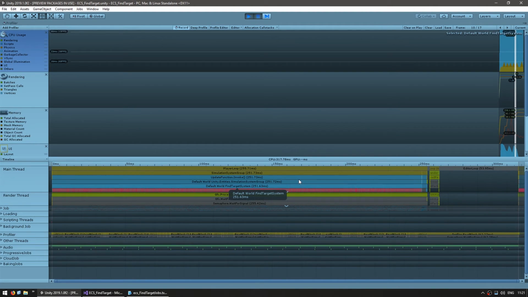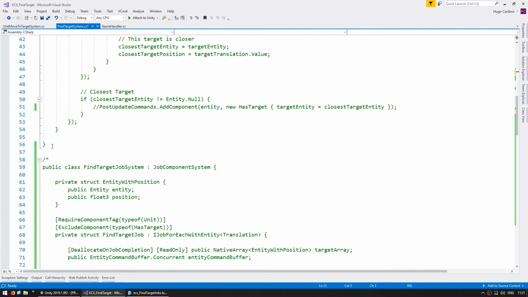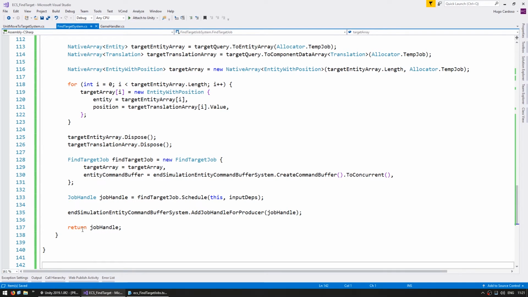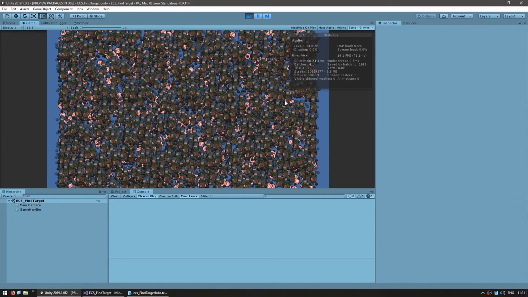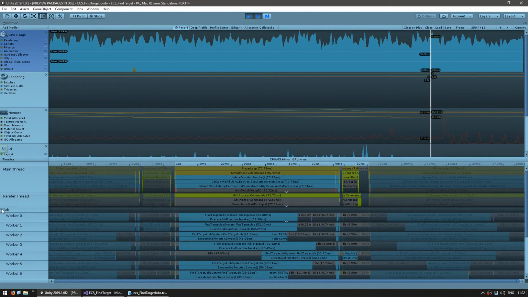Now let's see the improvement with our job system. So here we comment out the normal component system, and now we try out the job component system. Okay, let's test. And here we are, and as you can see, already a massive improvement. We went from 250 milliseconds per frame down to 70 milliseconds per frame, and from 4 frames per second to 14 frames per second. And here in the profiler, you can see it taking 70 milliseconds, and all our jobs